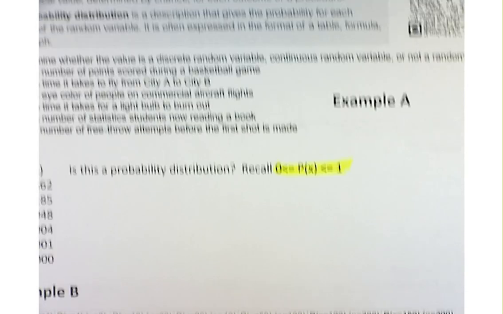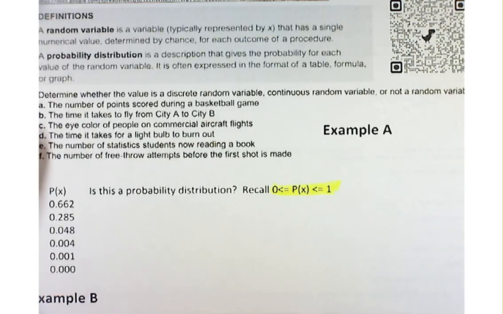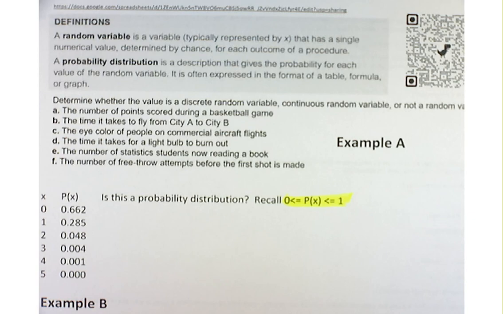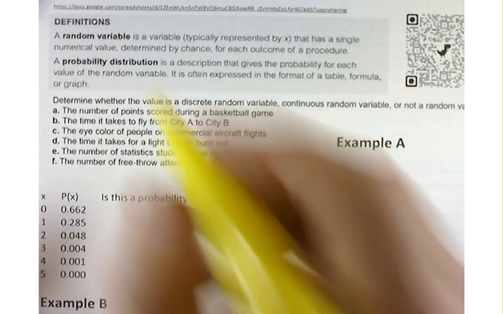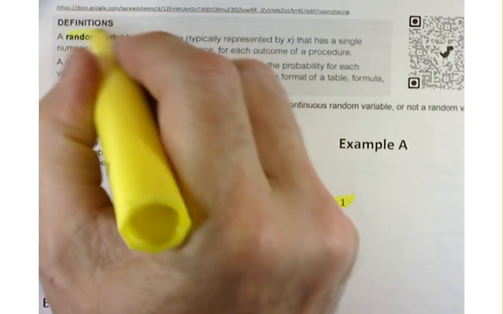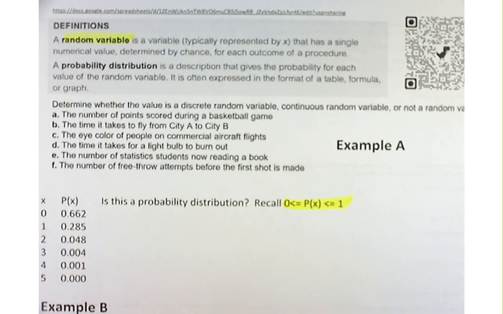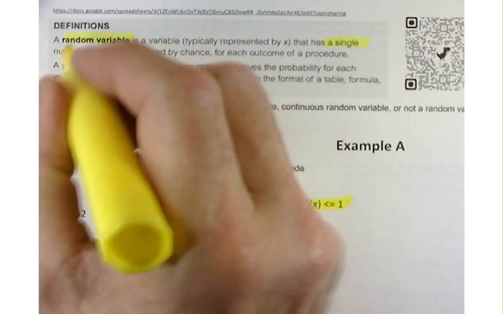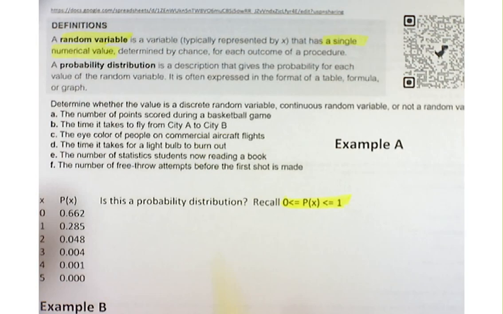And within probabilities, we can look at random variables. Now there's going to be different types of random variables, but our random variables all have to have the same common characteristic, that they are a single numerical value. It could be continuous, it could be discrete, but it has to be a numerical value. It has to be a number in order for it to be a random variable.